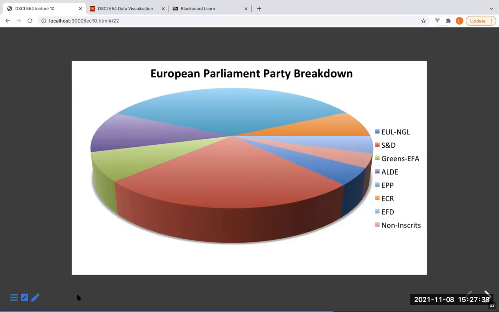And maybe to know which spectrum of the political tendency they are from. And so to compare this, if you ask me to do this, I would do a bar chart to start with, right? And I would do it ordered,